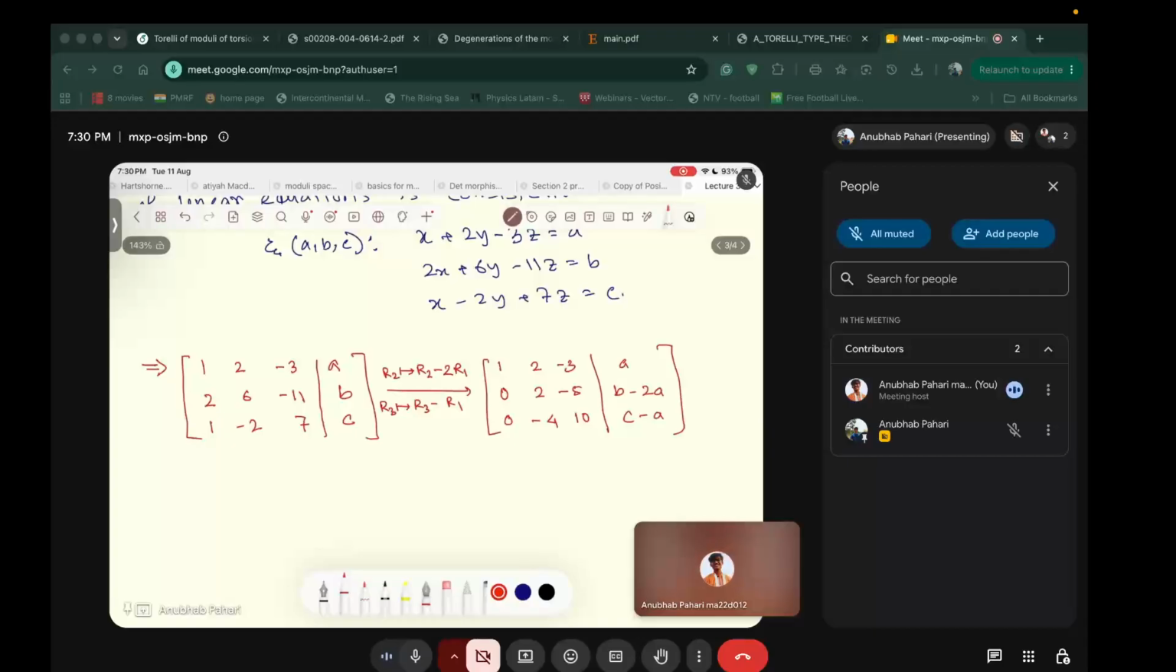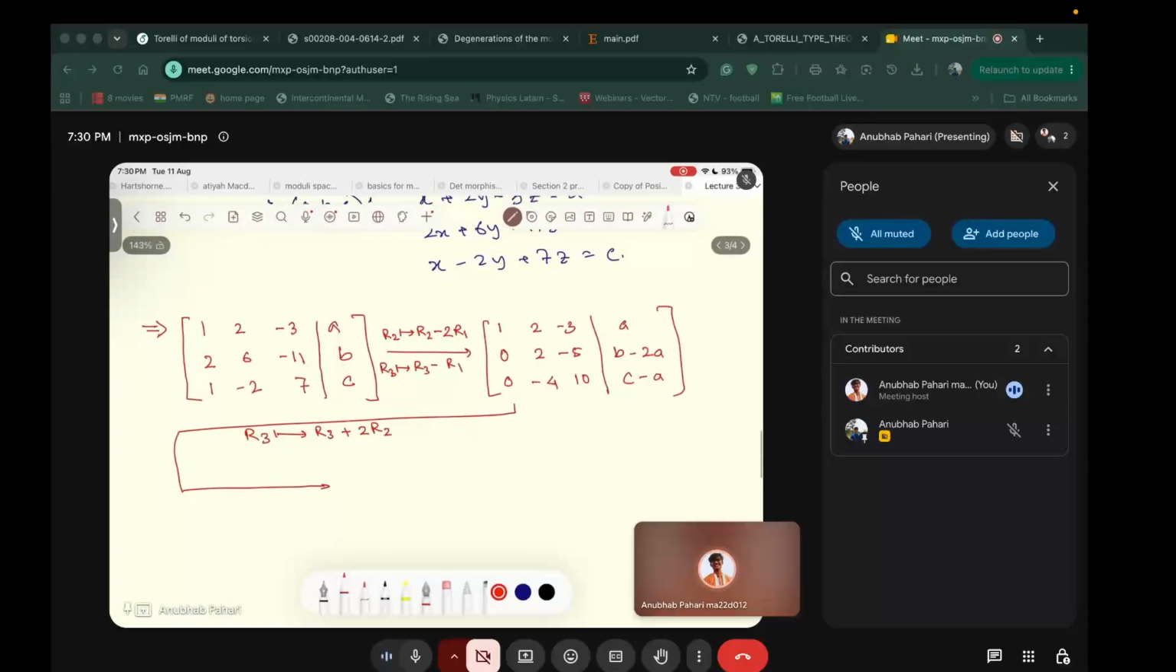So then changing R3 into R3 plus 2R2 will give us 1 2 minus 3, 0 2 minus 5, 0 0 0, and here it will be A, B minus 2A, 2B plus C minus 5A. Now